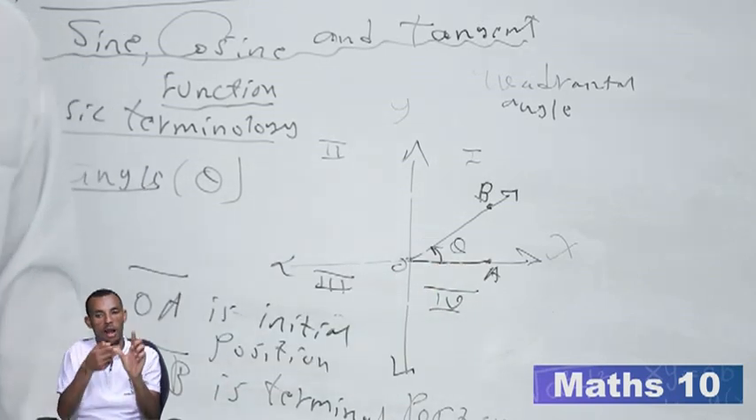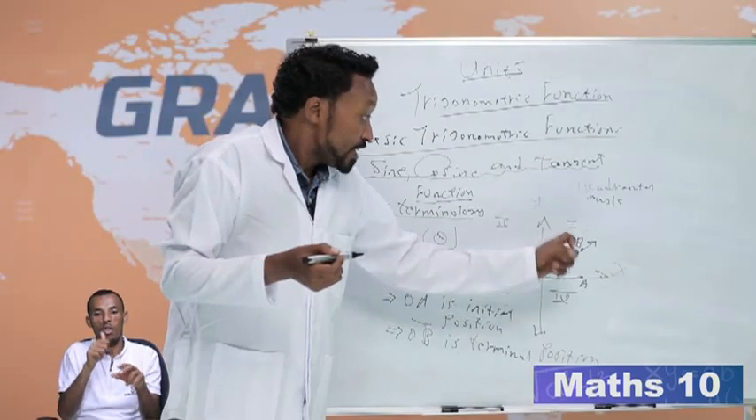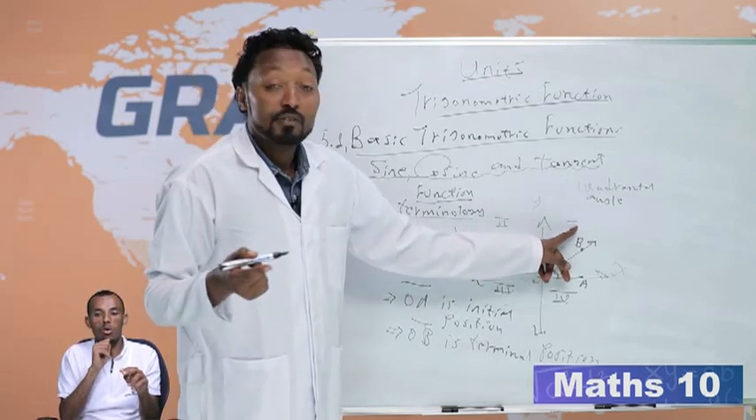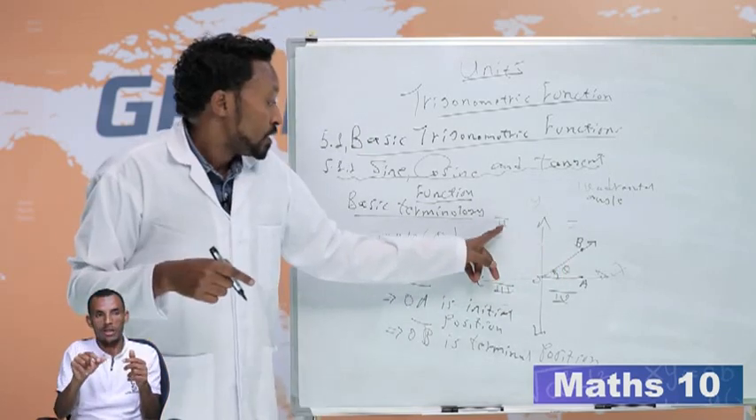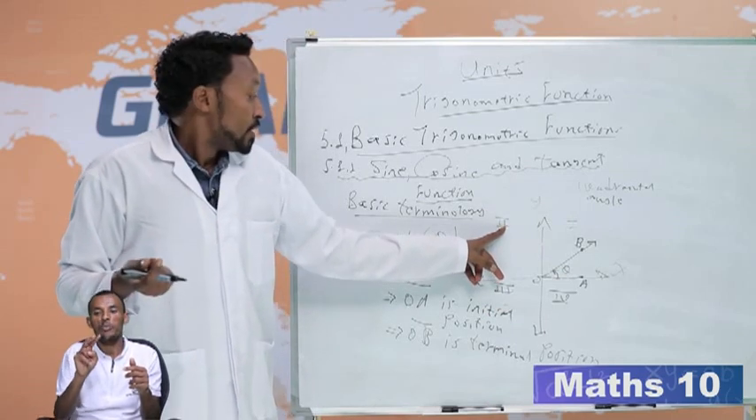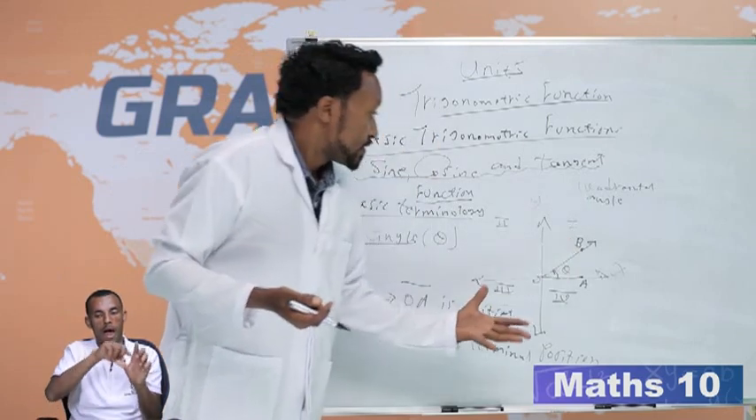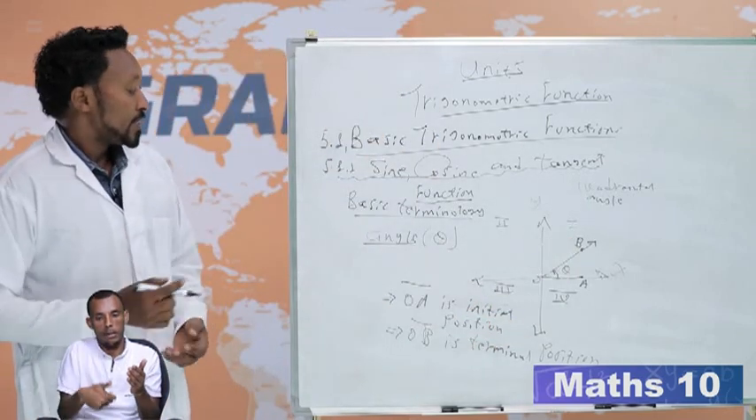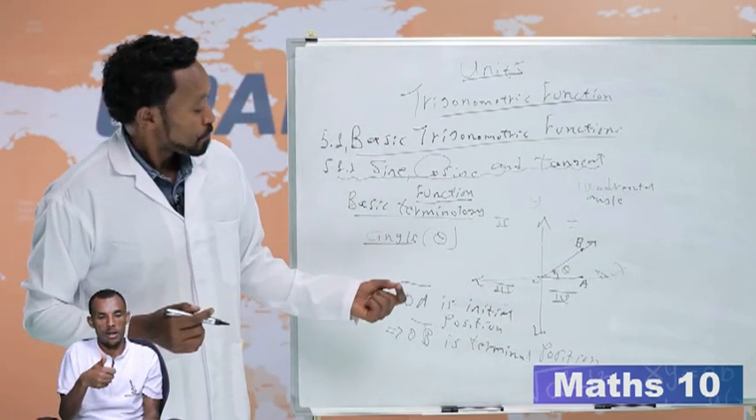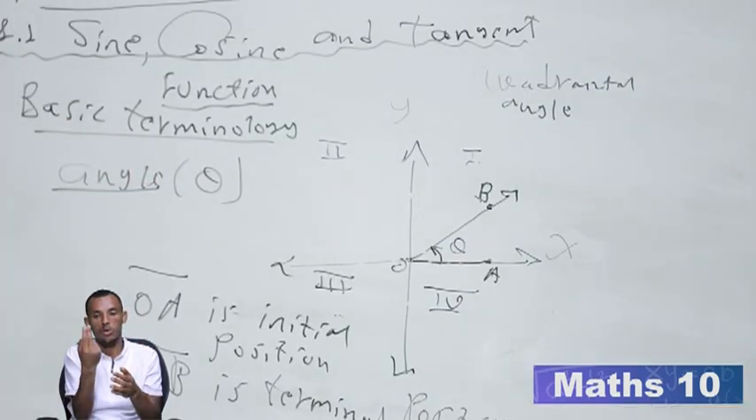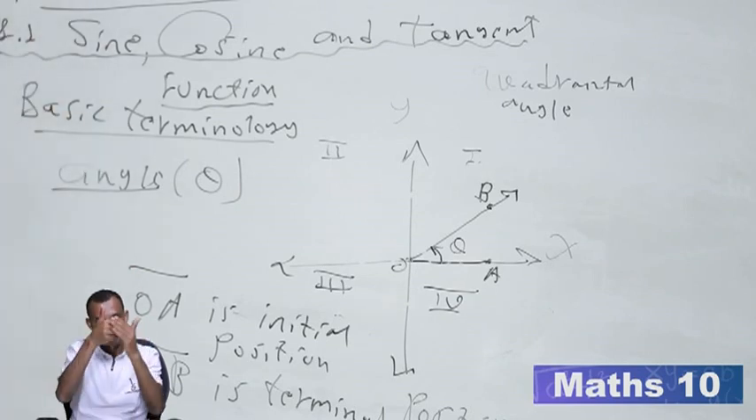Quadrantal angles do not lie in any quadrant. That means 90 degree is not a first quadrant angle, not a second quadrant angle. It is known as what? Quadrantal angles. These are the main basic terminologies that are used to consider in all chapters. Now let me discuss